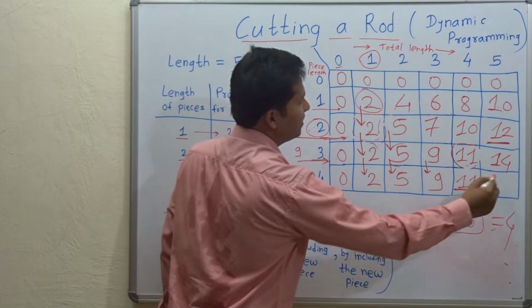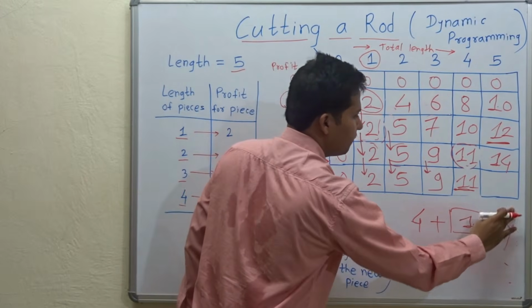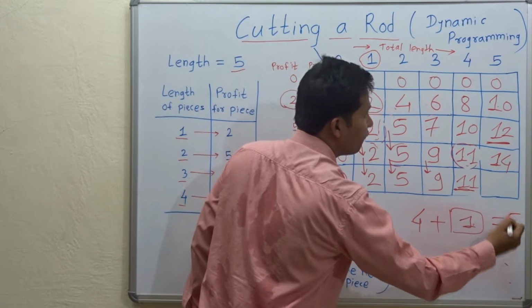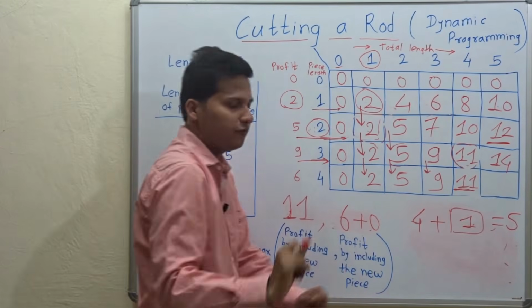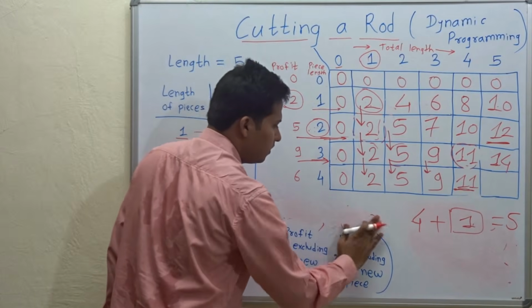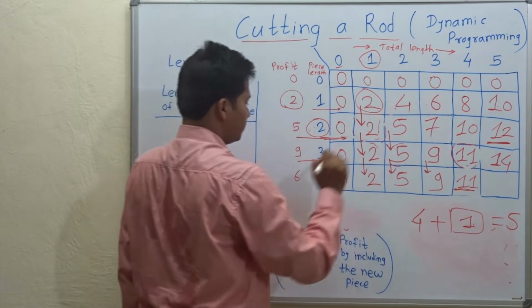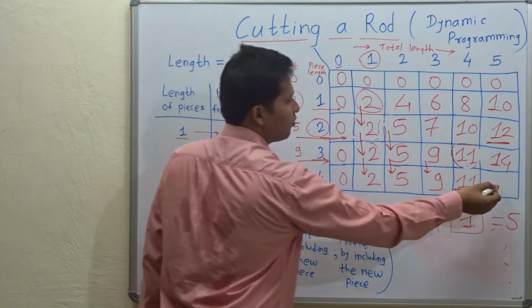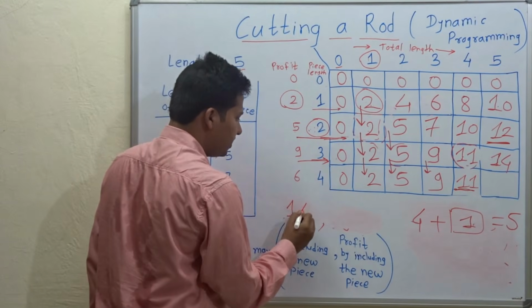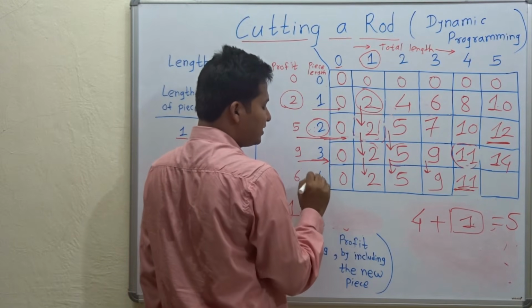Okay, now finally 4 plus 1 will make a total of 5. This 5. So first, by excluding this 4, what is the profit? The profit from the above cell, that is 14, and by including this piece